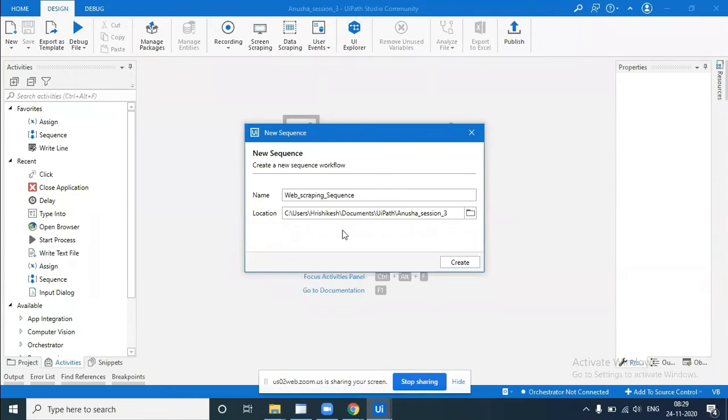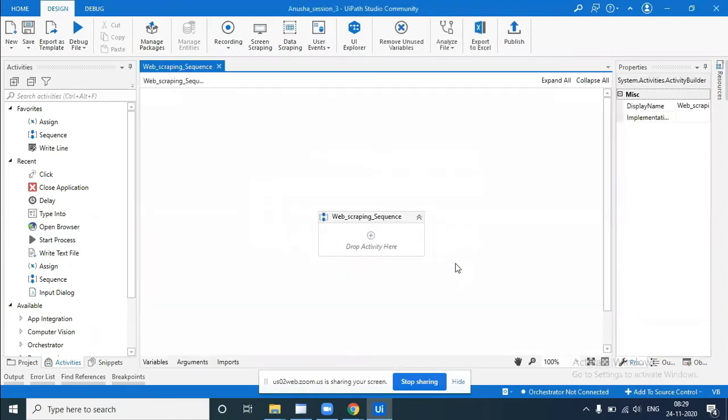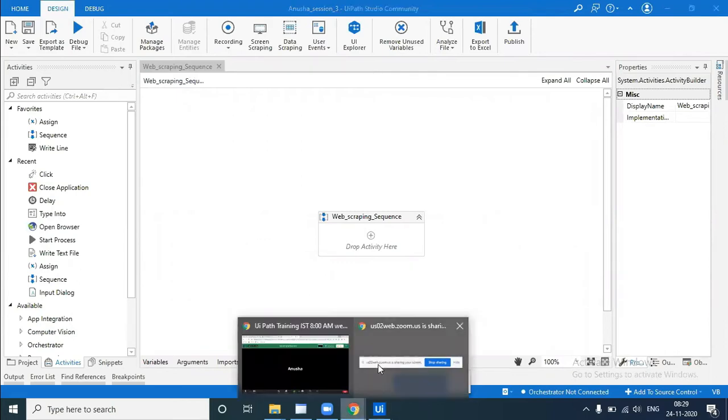Okay, so today we will see web scraping. Now, suppose...